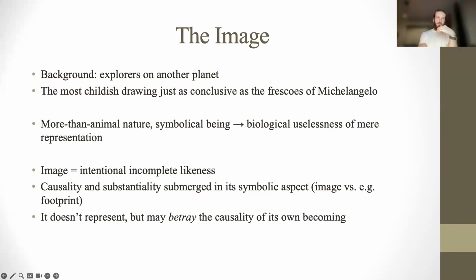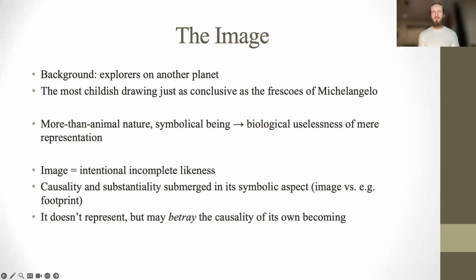So he starts with imagining explorers on another planet who are trying to figure out whether there are people on that planet, whether there are creatures that we could call man. And he asks the question, what would be the best sign of the presence of people there? And there he says that the most certain sign would be any kind of likeness, any